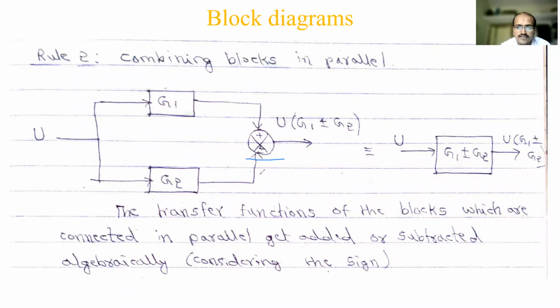So see here, plus is there, here minus is there. In some textbooks they will show it outside also. I have shown it inside, and it will be shown like this, plus minus. So what is this indication? What you will get here is U into G1. When you write the output of this block, it is input into transfer function, U into G1. Similarly, at the downside, the same input you have taken, so it is a branching takeoff point. So U into G2.